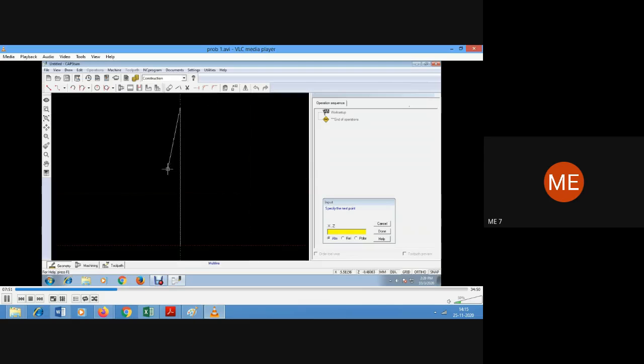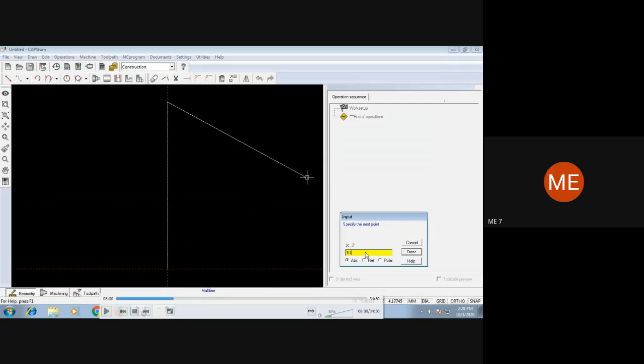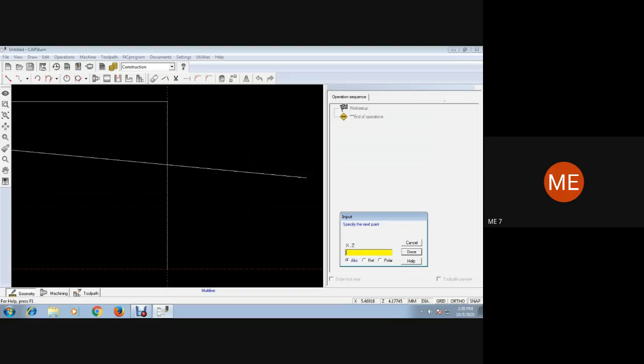You can see a small line over here. Once it has been zoomed in, or you can fit it, you can continue. So first point is here, second point is here. I will write the third point, which is going to be a horizontal line. So the x value is the same, distance minus 20. Once you enter the coordinate, you can press enter or click on done. Next, enter the next coordinate value.